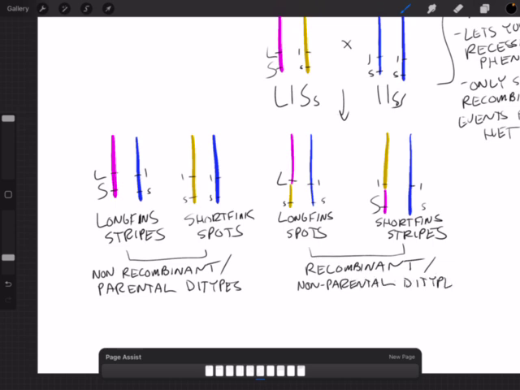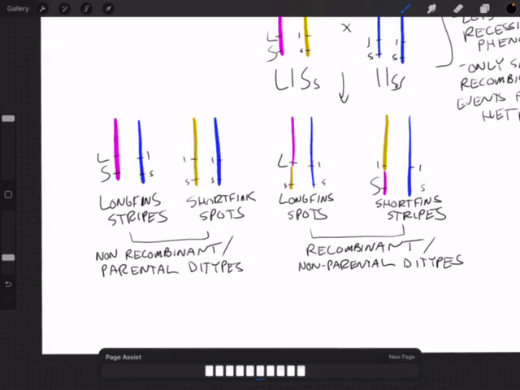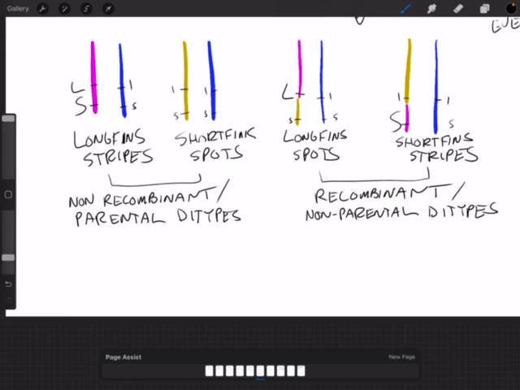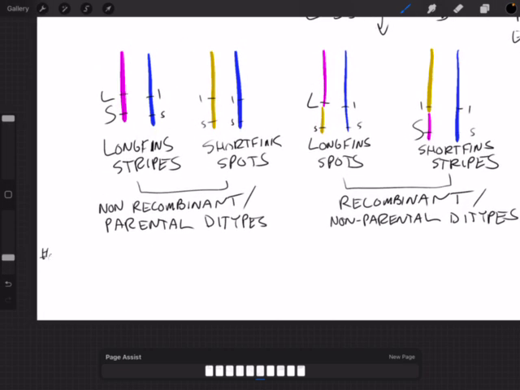So if we did this experiment, we can have two phenotype classifications that are the parental, two that are the non-parental, and we can count how many of each we actually have. And if we do that, let's say we count the number of offspring and find we have 537 long fin with stripes. We have 542 short fins with spots. We have 76 long fins with spots, and we have 75 short fins with stripes,